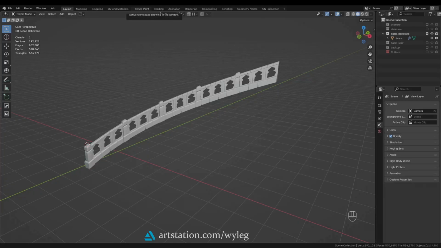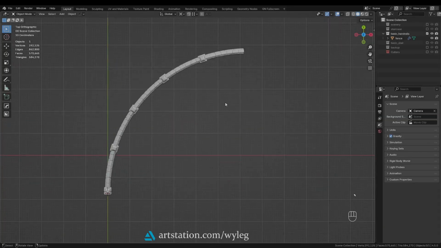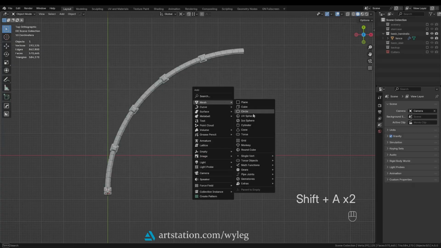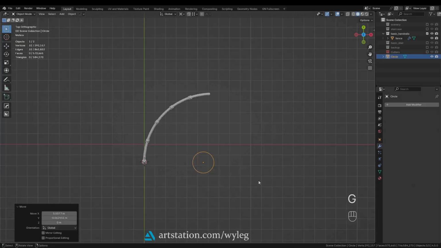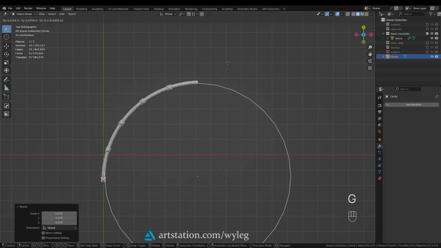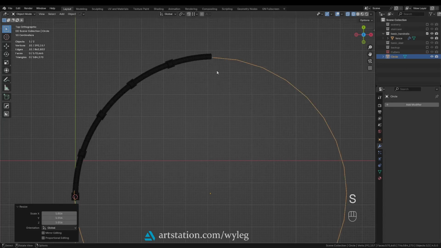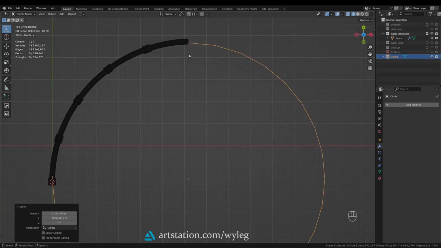First, let's create a circle that matches the curvature of our ladder. Just for the visual aid. Now let's get our stair. Once again, I don't care how it's made. Now we need to place it where it needs to be, in the beginning of the stair.